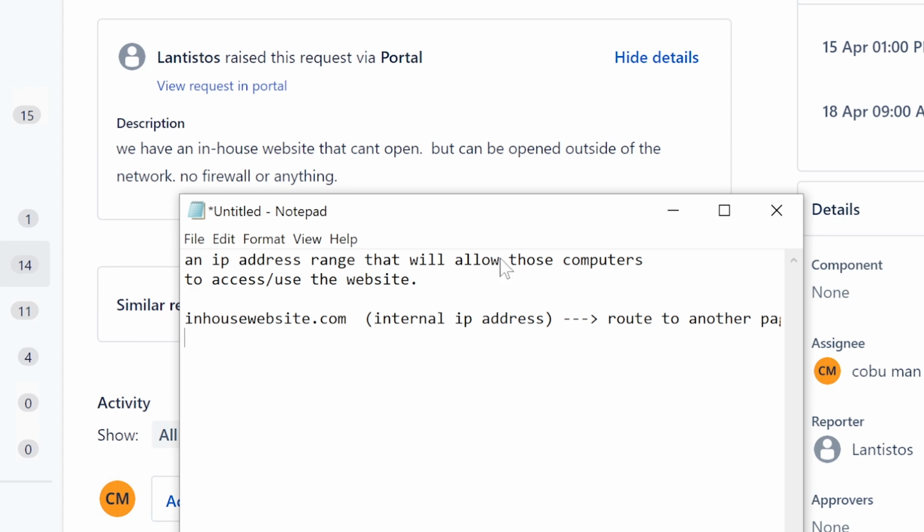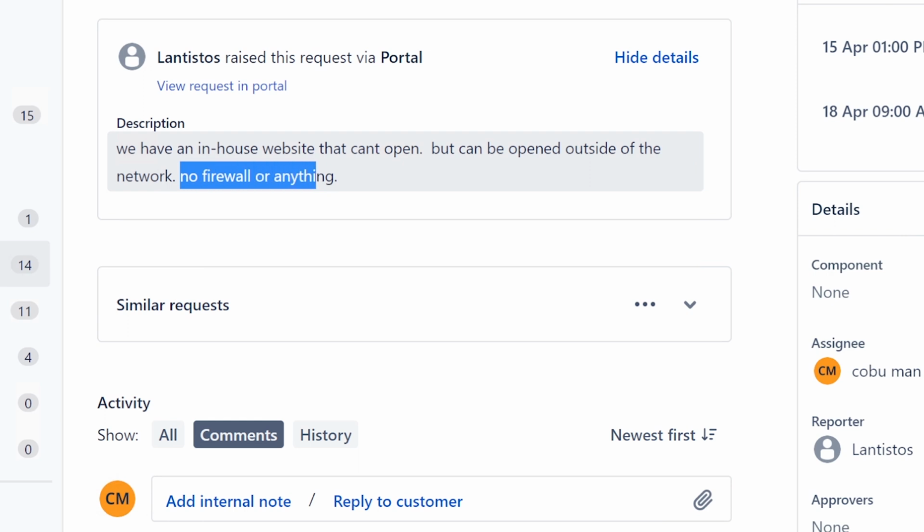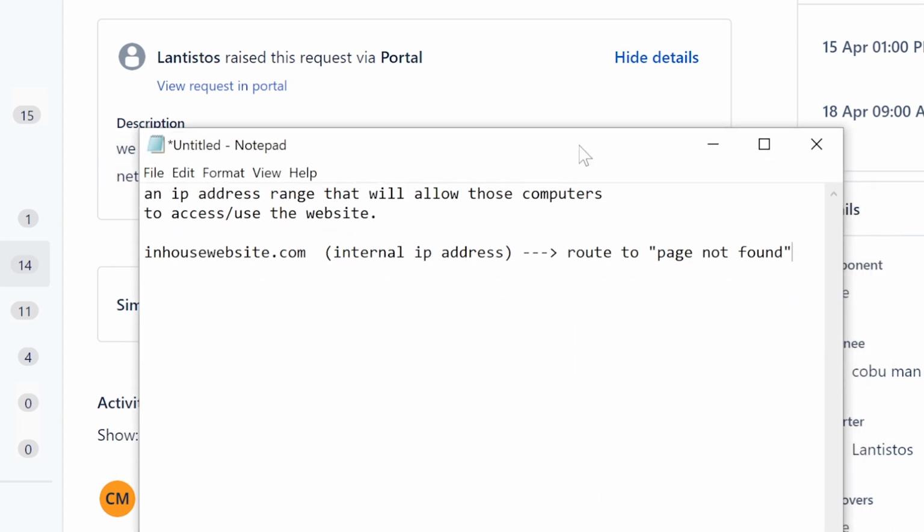That usually happens whenever websites are trying to deny access, setting it up in such a way so that they can't get hacked. Sometimes these websites, even if it's another page, might just route to page not found. So it could be a website set up like that, but it could also be the firewall. There's nothing else really.